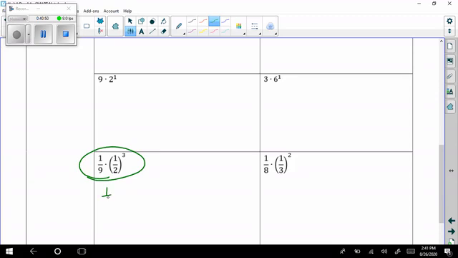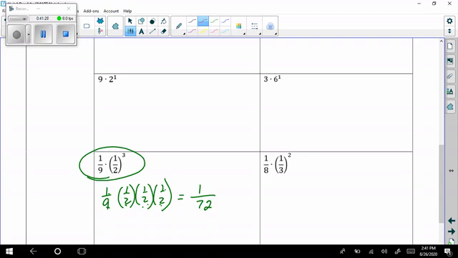So this is 1/9 times, and this cubed means 1/2 times 1/2 times 1/2. It means 3 of them. This is one way to do it. And multiplication, you just start multiplying the tops, multiply the bottoms, and then you're done. So 1 times 1 times 1 times 1 over 9 times 2 times 2 times 2. Or you can multiply in any order. 2 times 2 times 2 is 8 times 9 is 72. That was a little bit fast. Rewind me. Listen to me again.